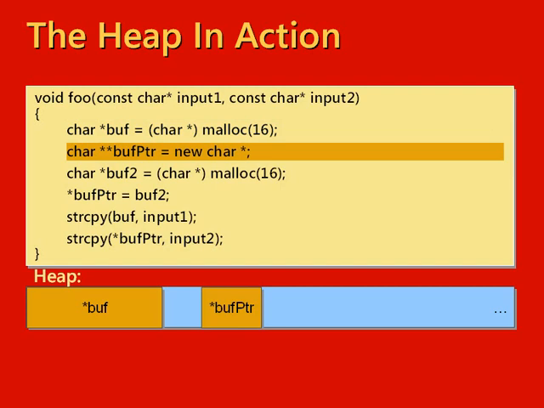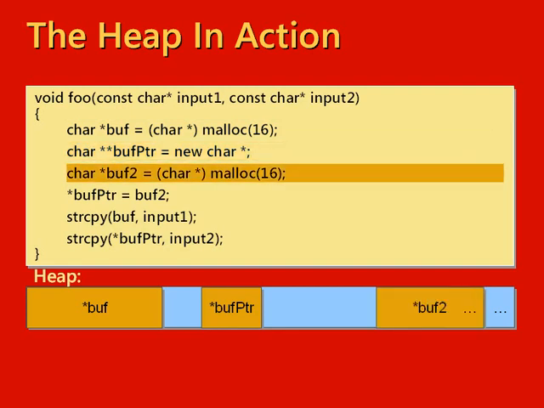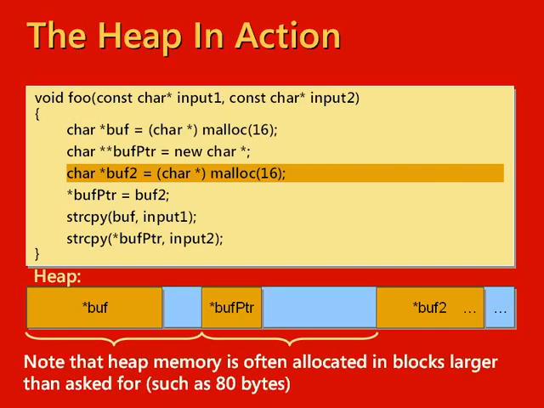The next line of code will allocate a new character pointer, and that's not to scale because obviously it would be 1/4 the size of the buff data. The next line of code would go ahead and allocate another 16 bytes on the heap. And one of the things you'll notice is that unlike the stack, the heap memory is often allocated in blocks larger than asked for. And there's a combination of reasons for this, one of which is optimization, but it's important